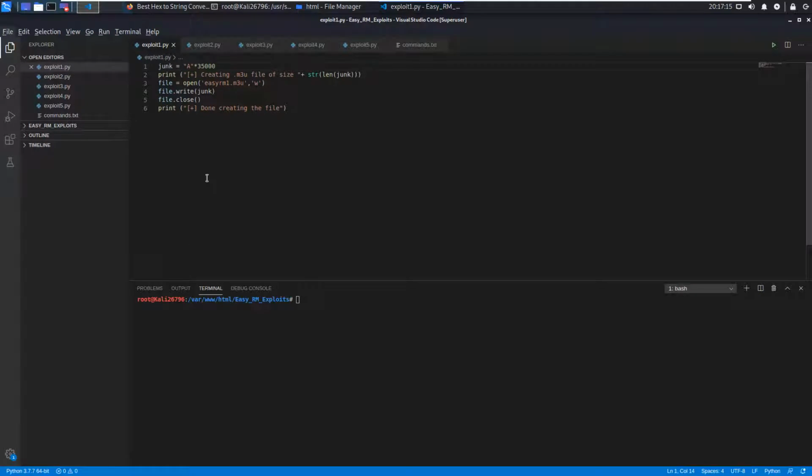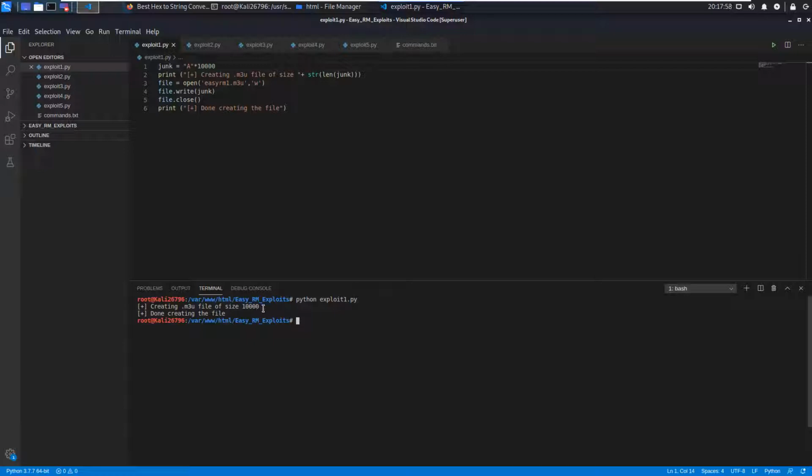So now, coming to our Kali machine, here I have my Visual Studio Code open, and I have already performed this buffer overflow attack, however, I will be teaching you how to write the exploit codes. The first exploit code that we are going to write will send a chunk of A's. For the sake of this experimentation, I will first send a chunk of 10,000 A's to that application. I will run this Python exploit code, python exploit1.py.